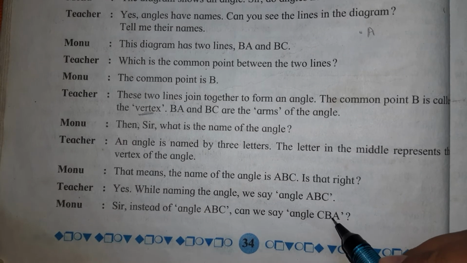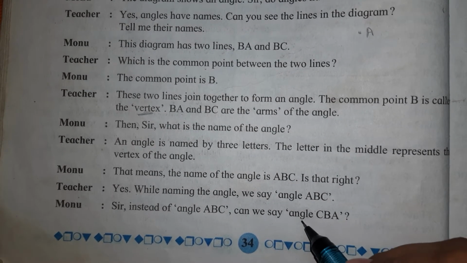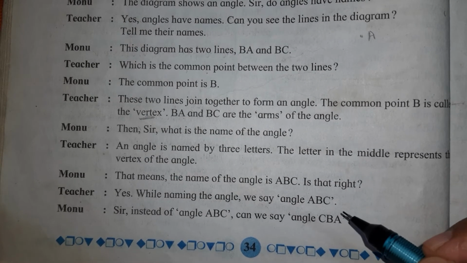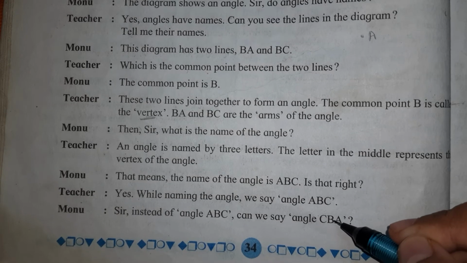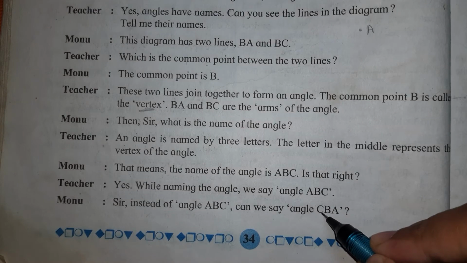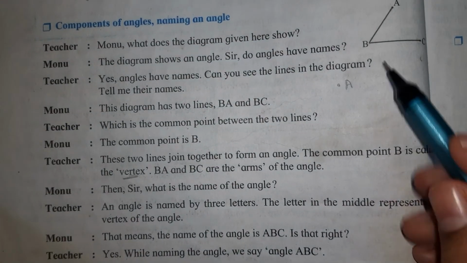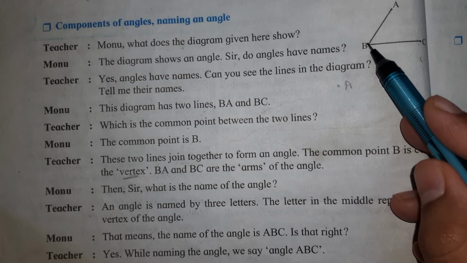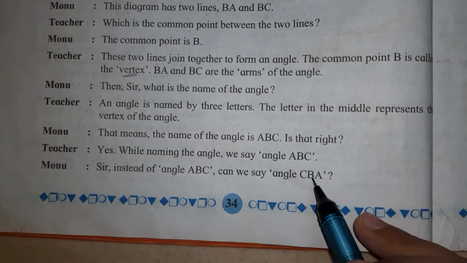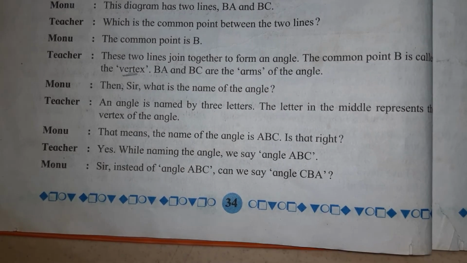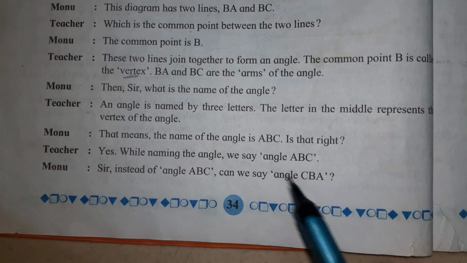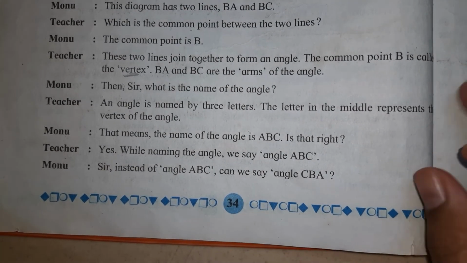किसी भी शेप का नाम लिखने से पहले वो शेप कौन सा है, वो नाम भी लिखना कंपलसरी होता है जब हम किसी भी शेप का नाम लिखते हैं. So angle ABC and angle CBA. But remember that vertex, whatever is the vertex, here vertex is B. So while writing the name of the angle, B should come in the center. It is compulsory. Vertex should be written in the center.